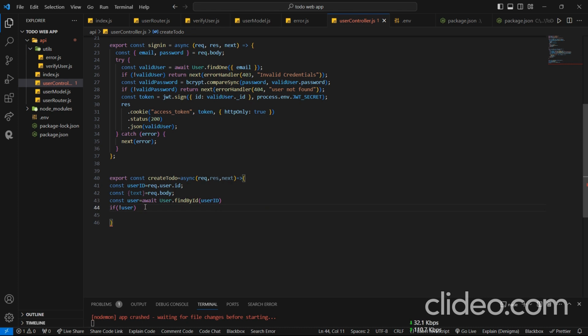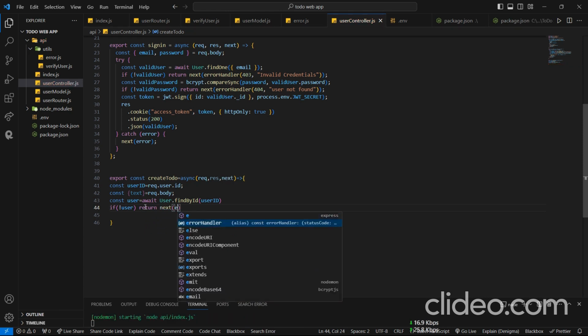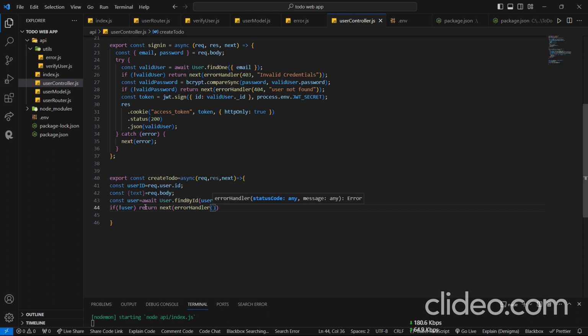We will return an error, return next, error handler, 404 or 400, no user exists. Actually, the suggestion was coming from the Blackbox. You can also download it. Okay, but if user found,